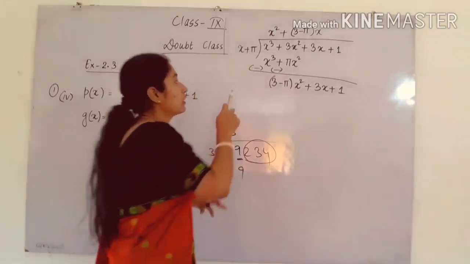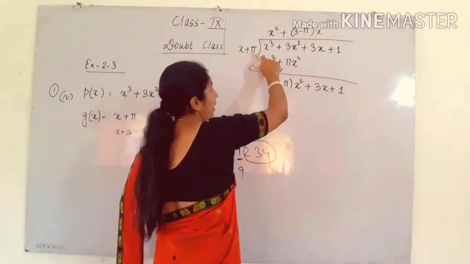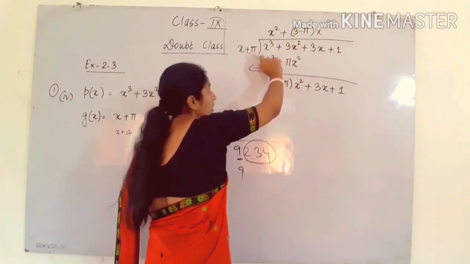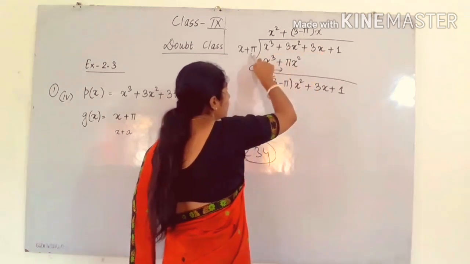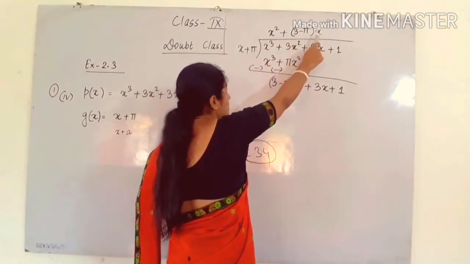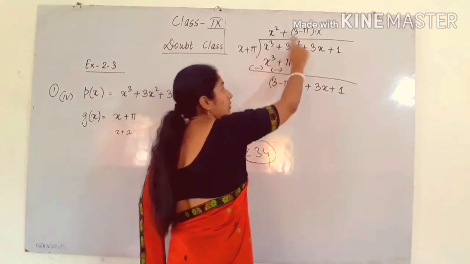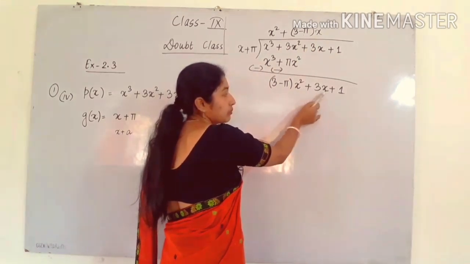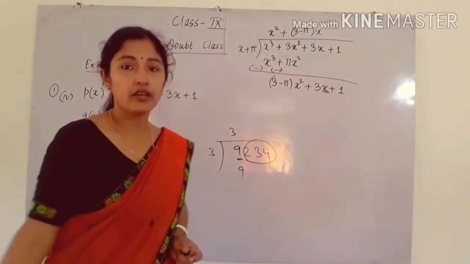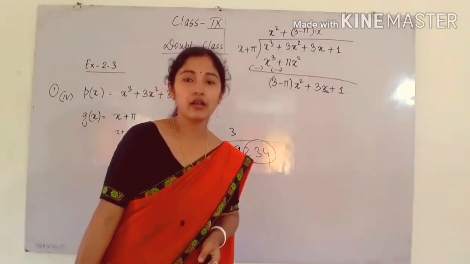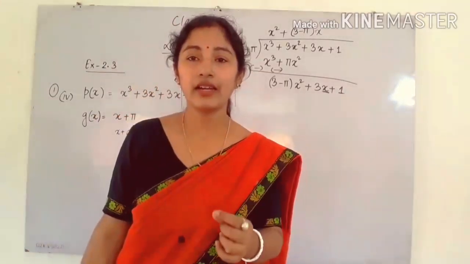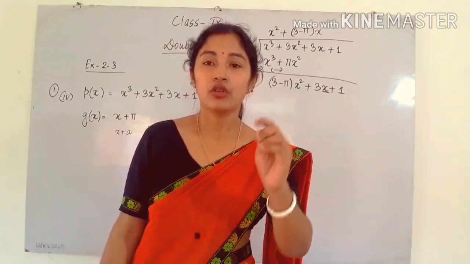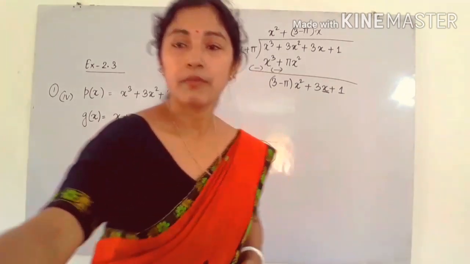The next step, again I have to multiply pi with this term. So when I multiply pi with this term, this is a constant. You have to check the variable. The variable is x. Here no x is present, only one x is present. That means when we multiply these two terms, we will get only one x. So that term we have to write below this, because here also x is there. So you have to compare. You know about like terms, already you have studied in class 7 and 8. What are like terms? Like terms means x, 2x, 3x, 4x, 5x. These are like terms. So you have to write them below the like terms.